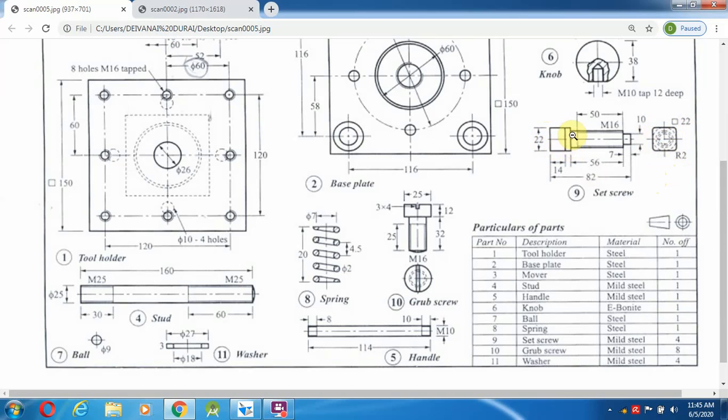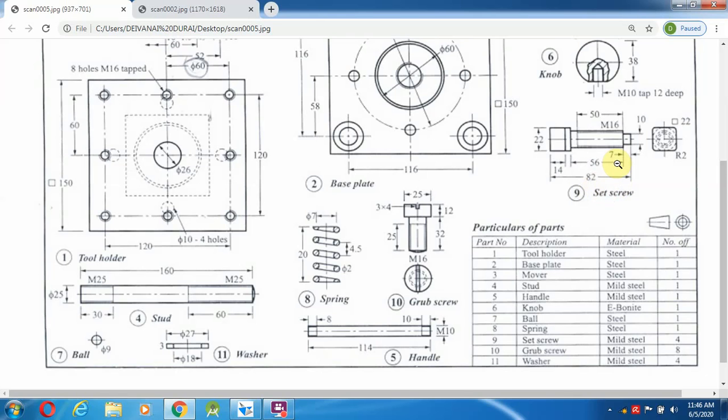After that, this is the portion having the 22 mm diameter up to certain length. Then again M16 at the bottom, that also will be showing like a circle only. So that is the 10 mm. Okay, so these are all the things we have to make. So first I am going to make it as a 22 mm square up to 14 mm length, and this 22 mm diameter circle up to how much length?